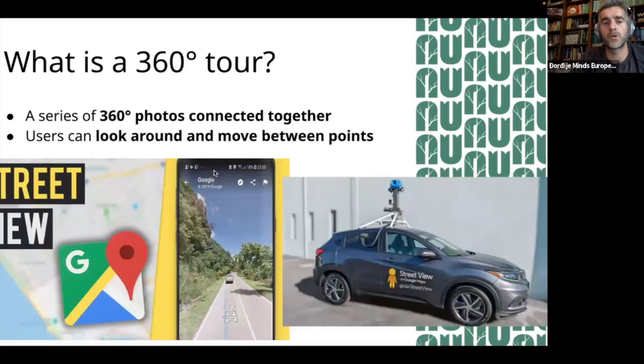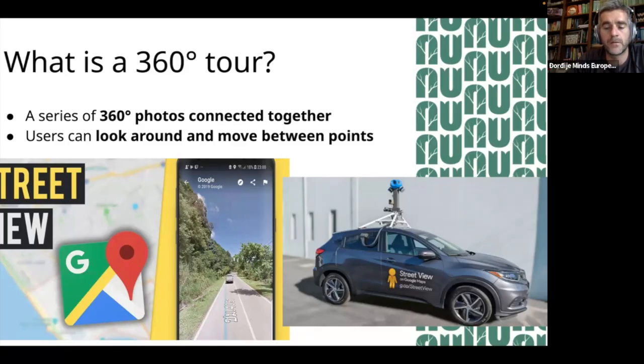On the other hand, where did you, I'm certain, use a 360 tour? Google Street View. So when you want to go somewhere and you don't know how some building or a house looks like, you go to Google Maps, you have that person in the angle, and then you put it in the right street, and it shows you the 360 tour actually of that place. So this is probably where you have met 360 technology.